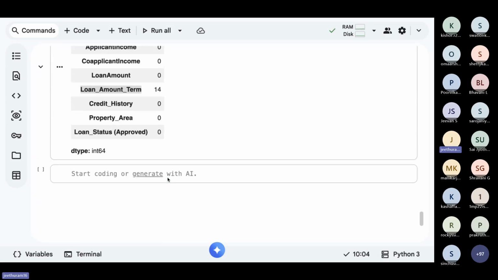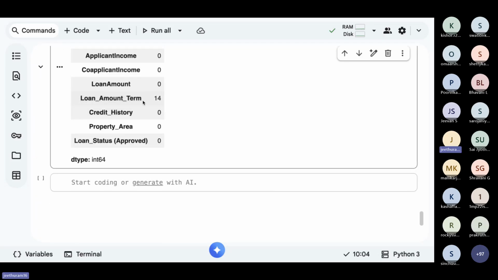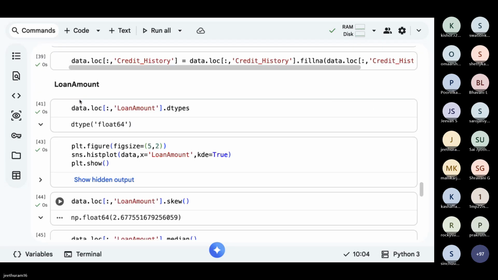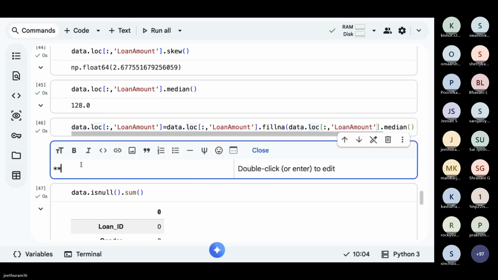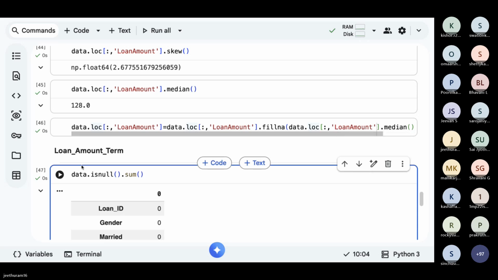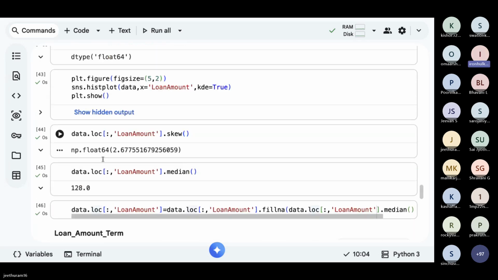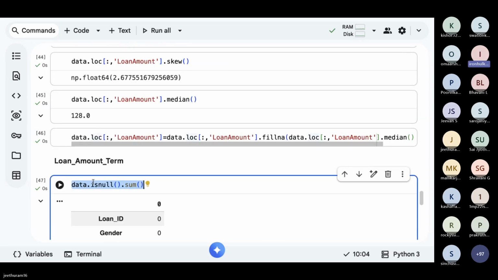Done. Yes, ma'am. 10, ma'am. Data type is